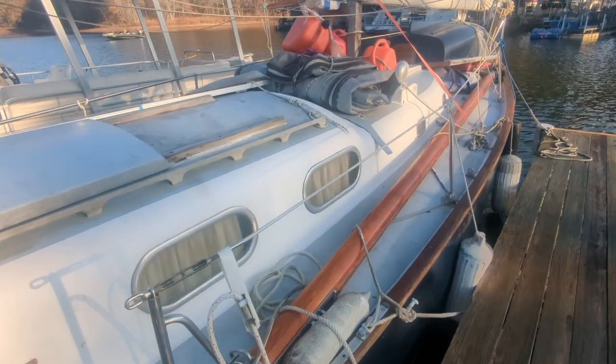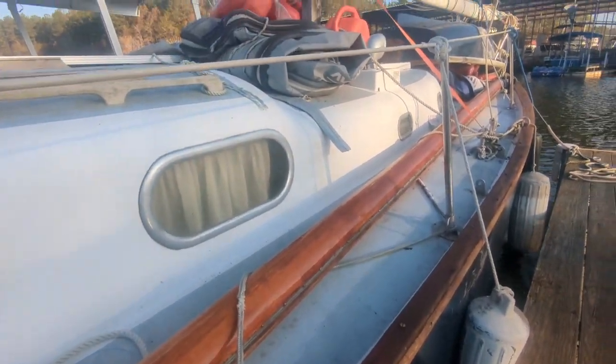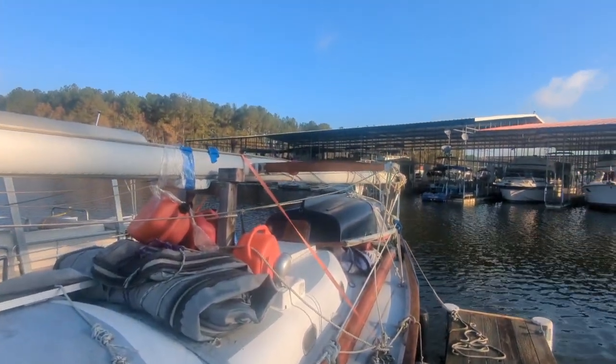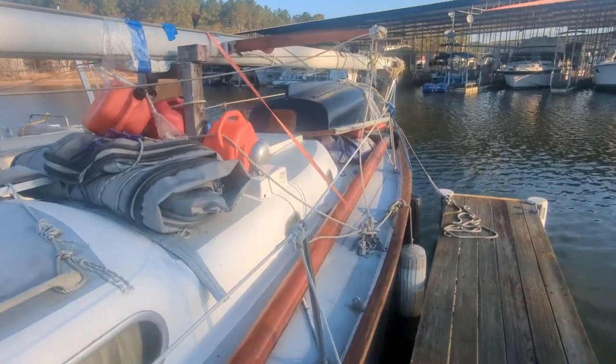These wooden booms and the wooden shrouds are just beautiful on these boats. When you clean it up,